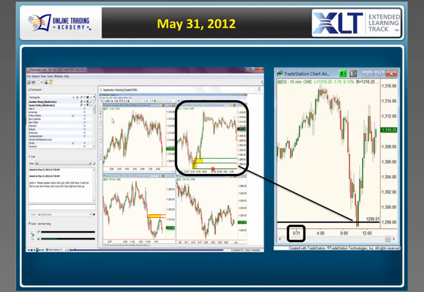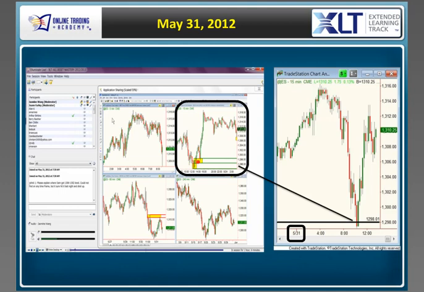Here's one we took just the other day, less than a week ago, in the trading room. I believe this is a different trading room. We have a trading room for each asset class at Online Trading Academy. Here we were looking at the S&P. This session is an hour before the market open, and we set up our trades in advance so that when the market really gets going, we don't have to think. We can just execute. So we identified on the 31st